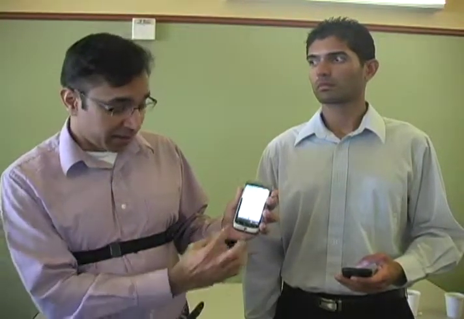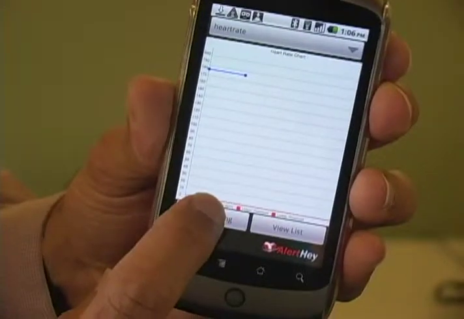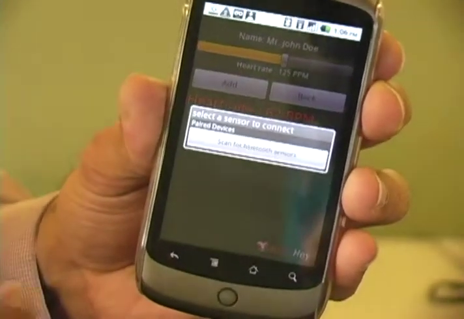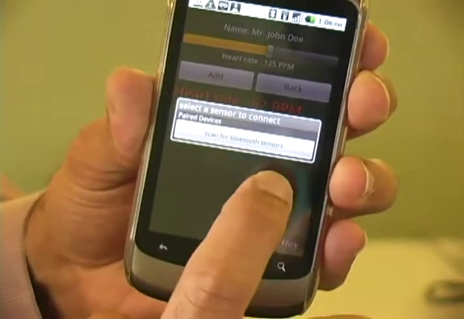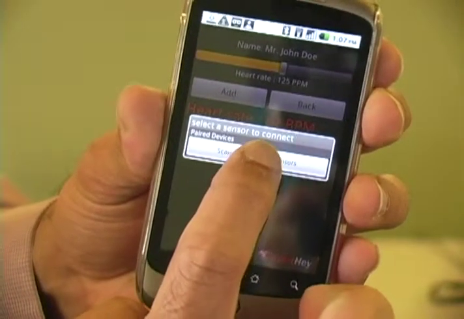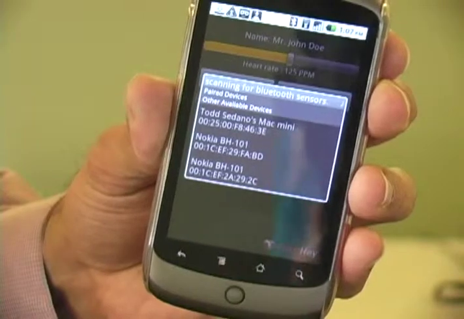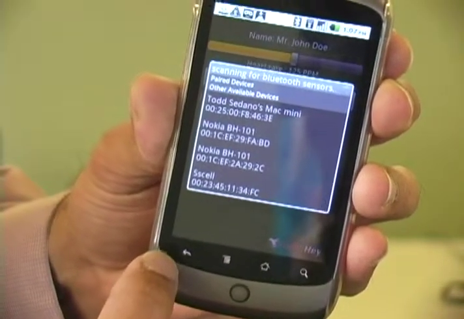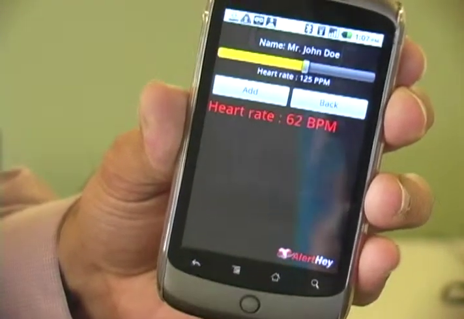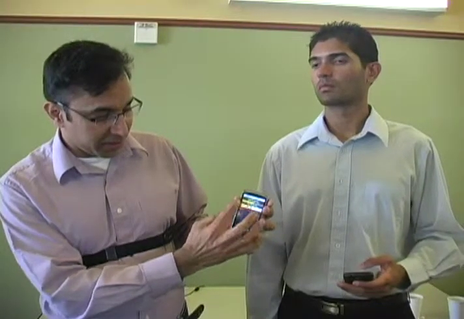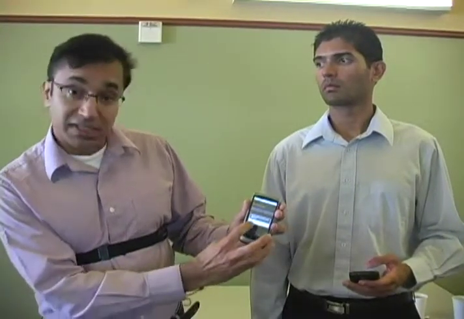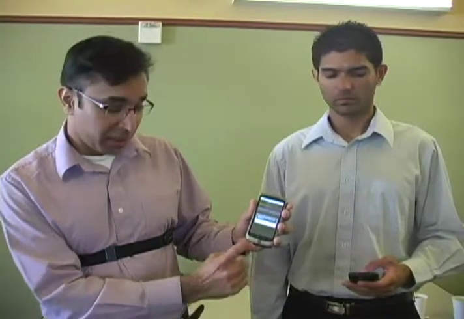So from the vital signs, I select the heart rate and then I say add reading. And once add reading is selected, we have the option to scan for heart rate sensor. I go ahead and scan the sensors. And then basically I can select the heart rate sensor. And once the selection is done, I could basically say add the reading. So, and it asks for confirmation saying that do you want to really add?